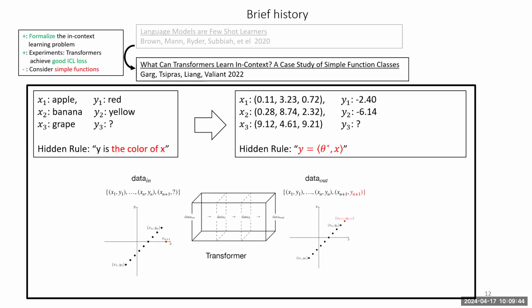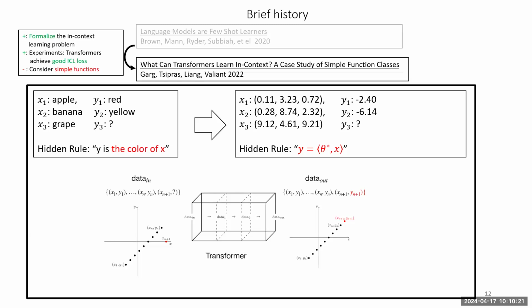Following up on this paper, a paper by Garg, Tsipras, Liang, and Valiant in 2022 focused on a subset of the problems, which is whether transformers can be trained to learn relatively simple functions in context. Relatively simple as in things like linear functions or two-layer networks or decision trees. The important contribution here is that they formalized quantitatively the problem of in-context learning, and they showed